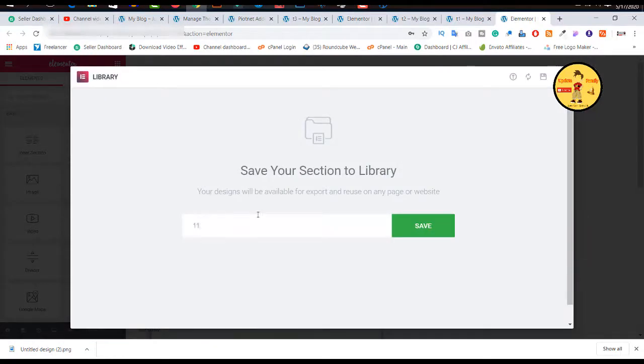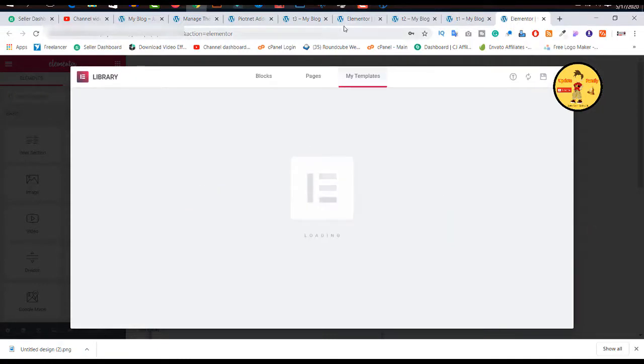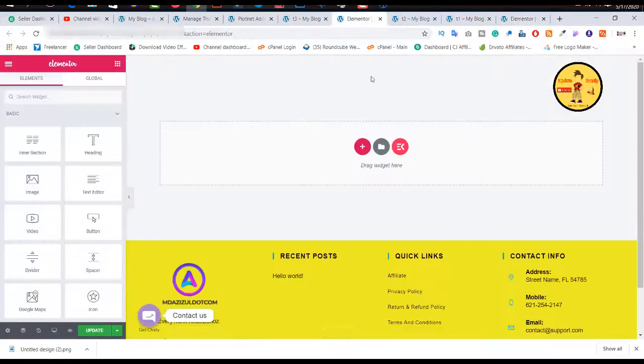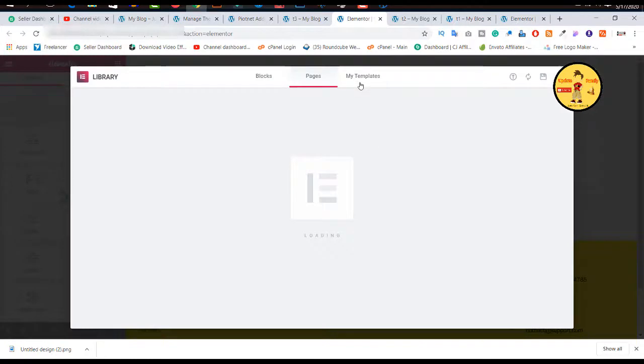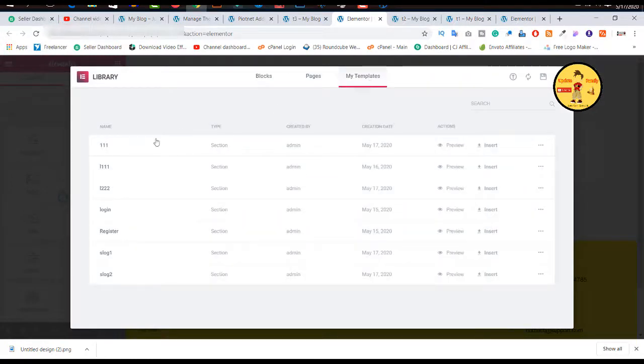Just input a name, like 111, and click on save. When it's saved, go back to your T3 page, the new page I recently created, and reload it. Click on this box button, add template, then find my templates, recently saved template. As you can see, 111 is the section I recently saved.